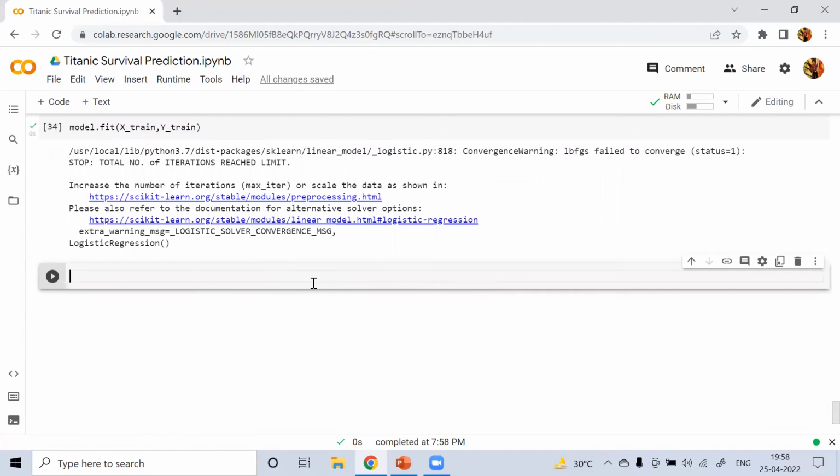So now let's check the accuracy score on the training data. X train prediction equal to model.predict of X train value.